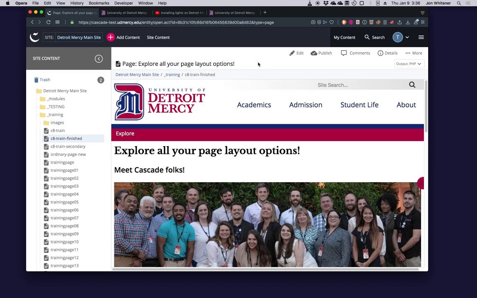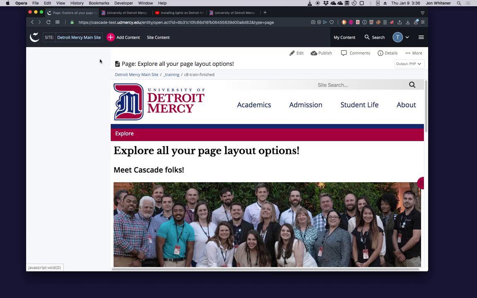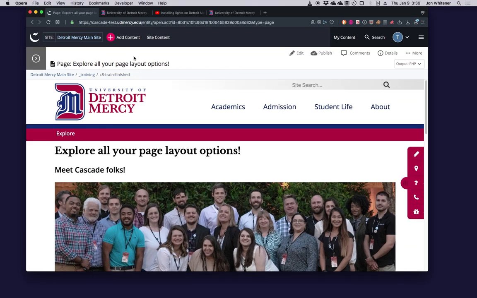Now as we go into editing this, another tip I forgot to mention was you can hide this sitemap to give yourself some more room. This little icon here with the caret pointing left will hide that sitemap for you, and you've got the icon still there to bring it back at any time, but that makes things a little more roomy for you to work in Cascade. Alright, so let me bring up my notes and we will go straight in.